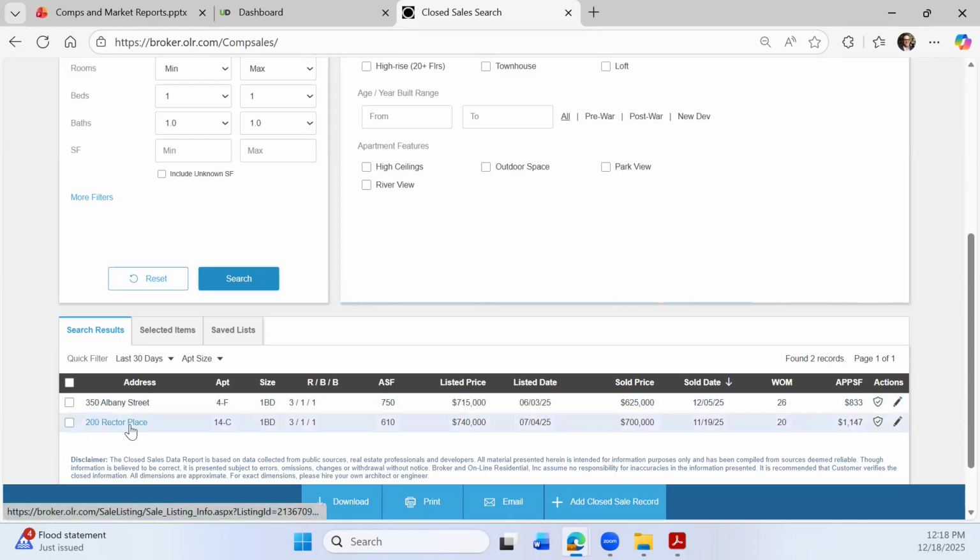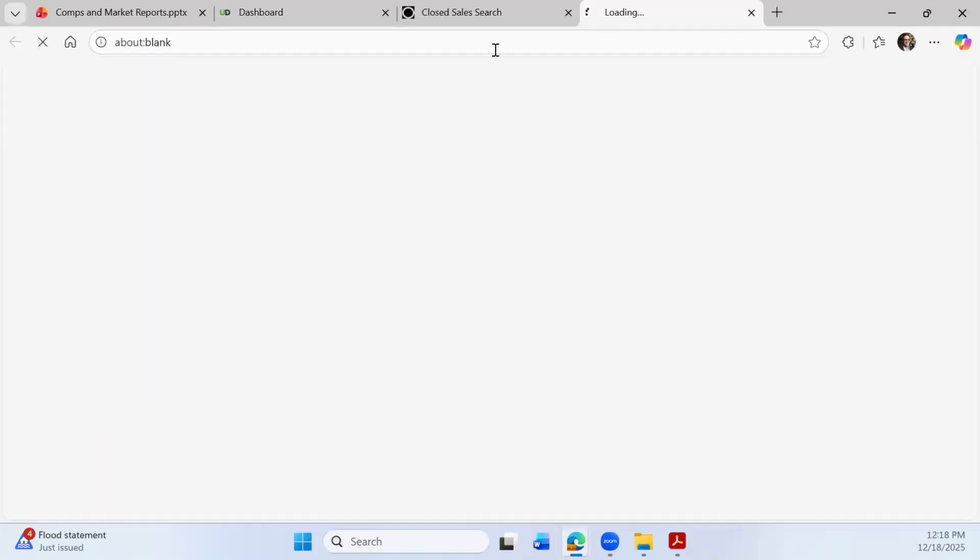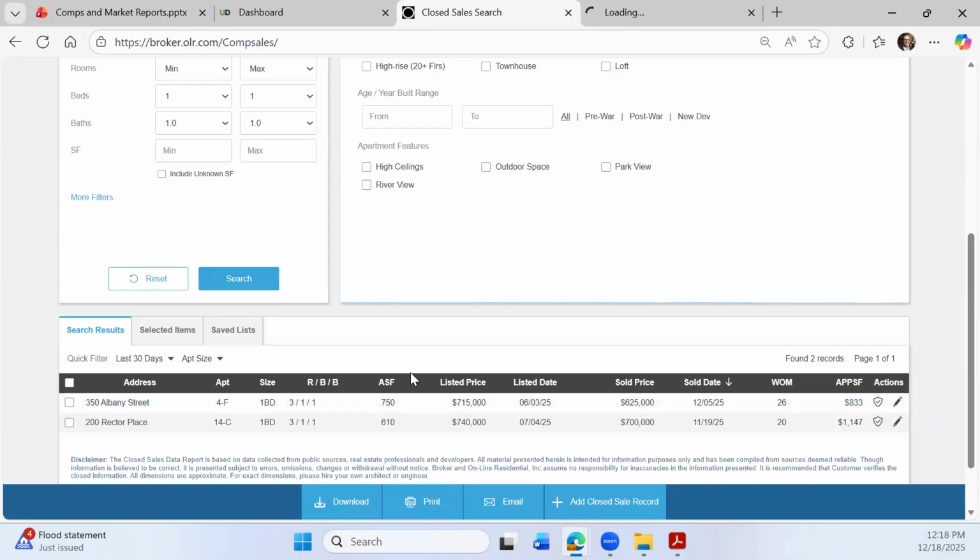200 Rector is one of the nicest buildings there. 350 Albany leaves a little to be wanted, let's say. So again, that's reflected in the price per square foot. So all of these details can be played with. And again, you can click on these so you can see, okay, why did this one sell for